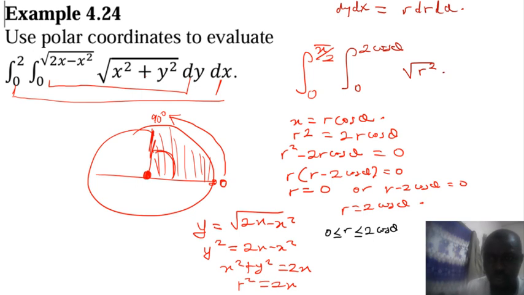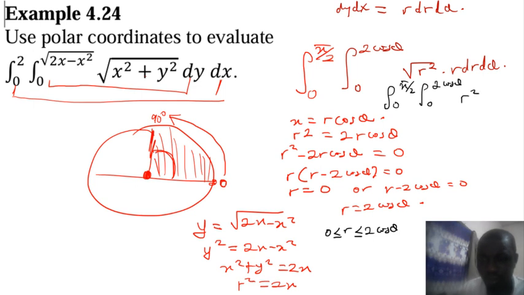So we substitute that there. By simplifying, we are going to get the integral from 0 to pi on 2, then also the integral from 0 to 2 cos theta of r squared dr d theta. And this is what we are supposed